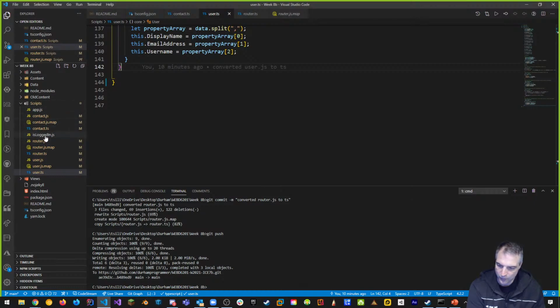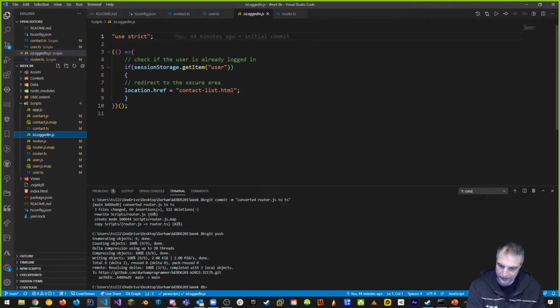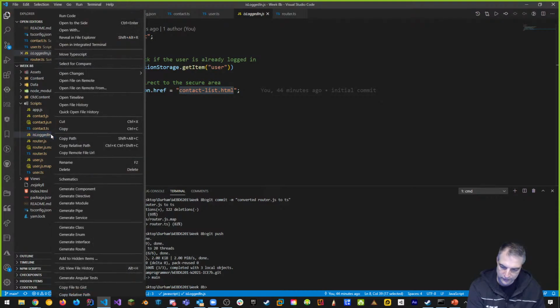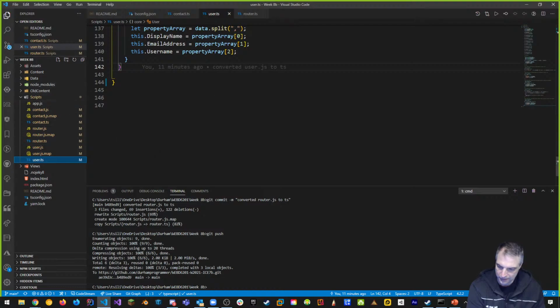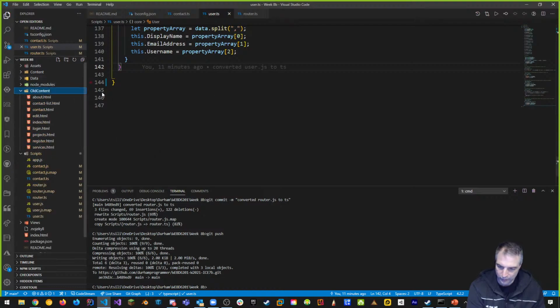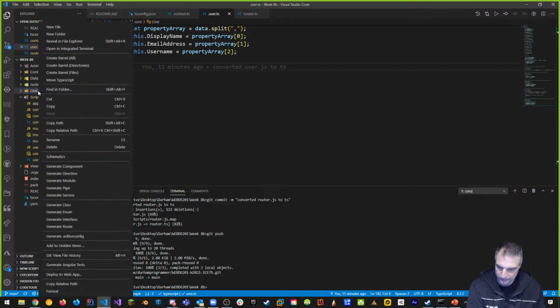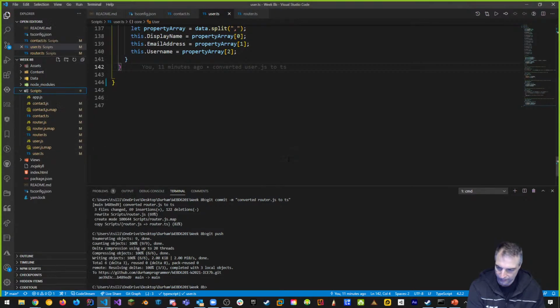Now those three things are converted, but we know app.js, when we convert it from app.js to app.ts, is going to have the same problem. One thing also is we have this isLoggedIn method. And notice once we have a fragment like this that says contact list HTML, this is a good hint that we're not using this isLoggedIn JavaScript function anymore. Let's get rid of it. So right click and delete. IsLoggedIn is gone. Also, while we're deleting, let's just delete all of our old content too. So all the old content, that whole folder, delete that. We already converted it from last week anyway. So now we have a slimmer project.